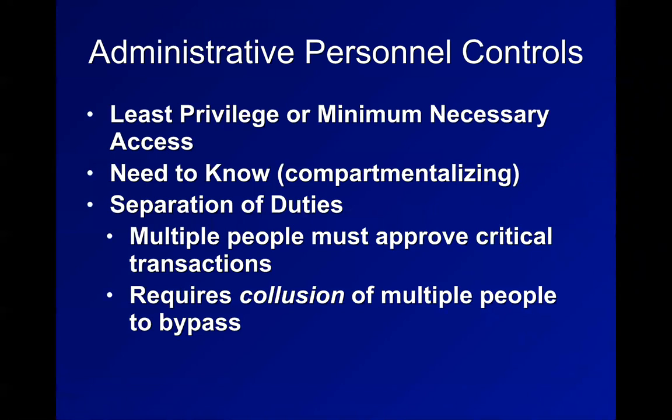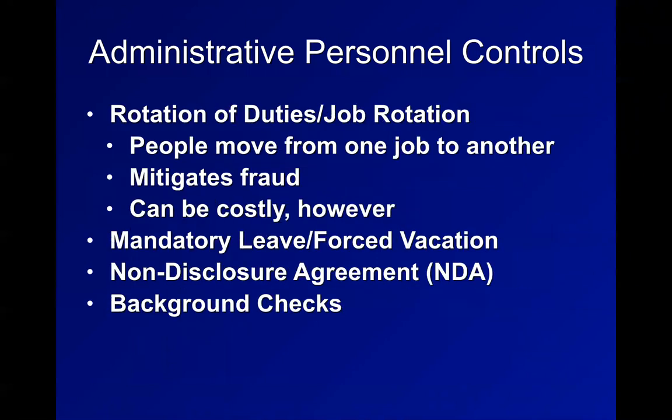So general principles like least privilege, you don't give people more privileges than they need, and separation of duties, where 2 people have to work together, so one does the work and another person approves the work before it's finalized. You rotate people from jobs so that people don't stay in one job forever and someone else gets another look. You force people to take vacations, so they must let someone else substitute so they can see what's been happening. Non-disclosure agreements and background checks we've talked about.